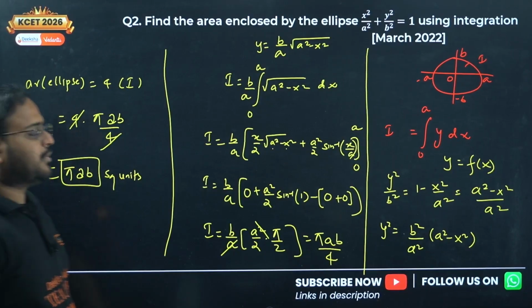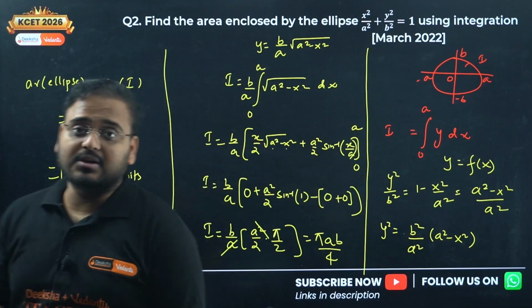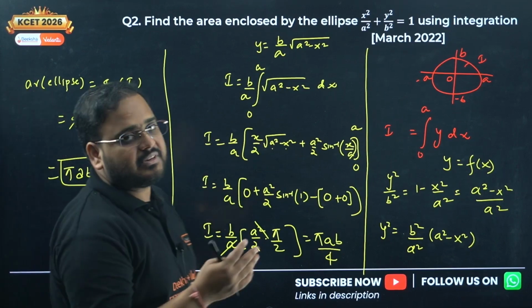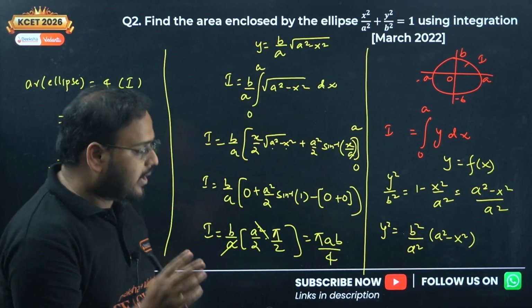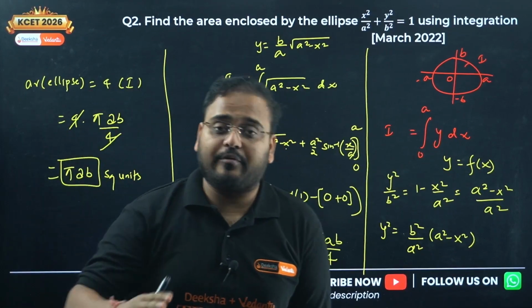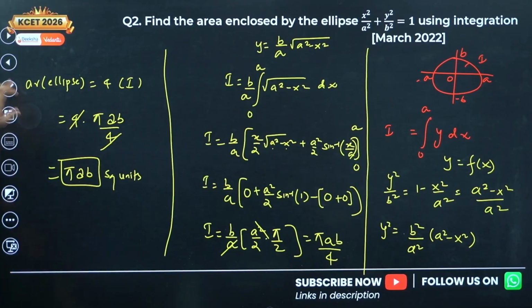So they do ask questions like this, deriving the area of an ellipse, area of a circle, or combination with parabola and straight line. We'll see all the different types of questions. Okay, don't worry, after this session you'll be very much comfortable solving any questions coming your way in the chapter application of integrals. Okay, next,